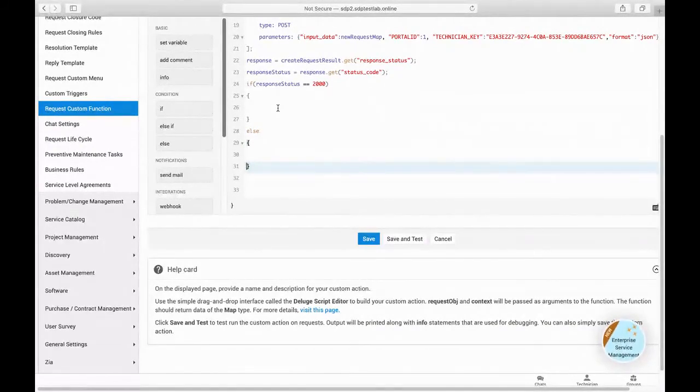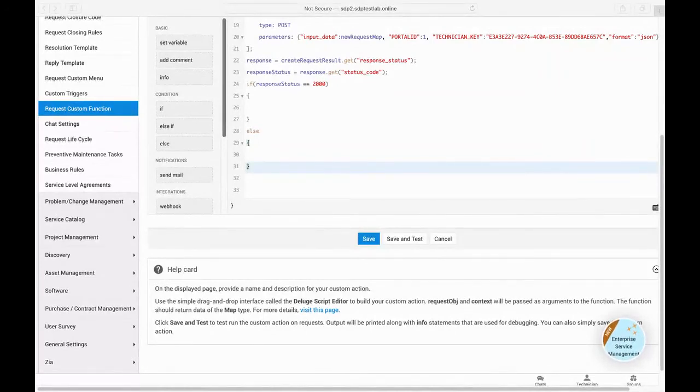That is, you can update the field values in the request, or you can create a note on the request, or you can create or add approvals to the request. So these three options will be helpful for you to update back the ticket or to perform specific actions on the ticket, right? So what I'm going to do is add a note to the request